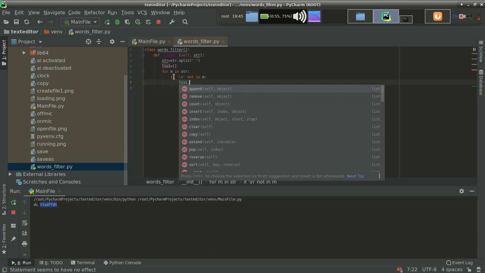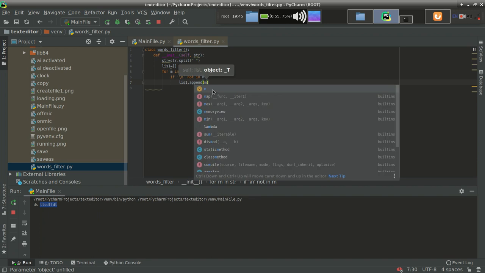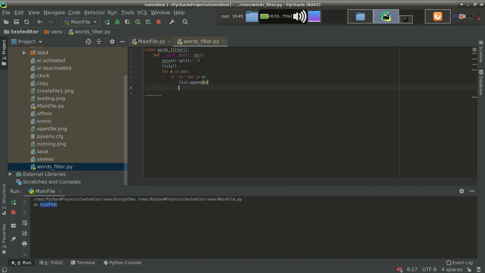So list1.append(m). It means if I have backslash n after a word, it will not be added. If you want to add that, you can also make your own logic.